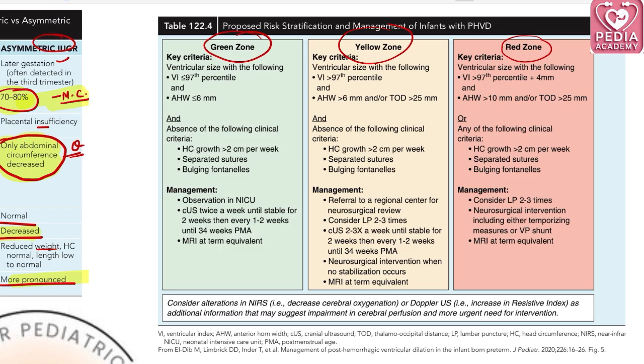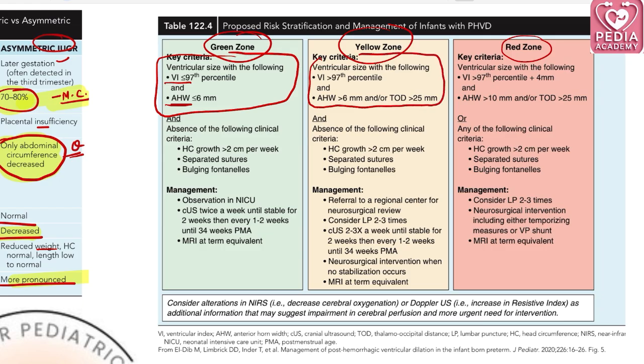Ventricle size with the following: VI means ventricular index and AHW means anterior horn width. Okay, so you have to remember VI should be less than 97th percentile, AHW less than 6 millimeter. Yellow zone: ventricle size is more than 97 and AHW more than 6 millimeter and TOD is more than 25